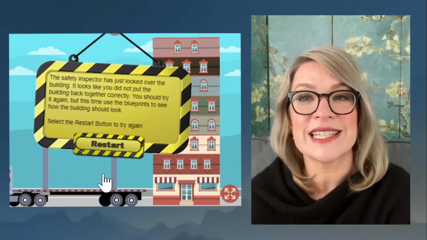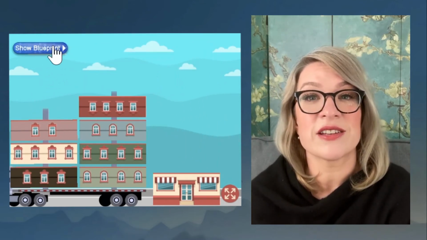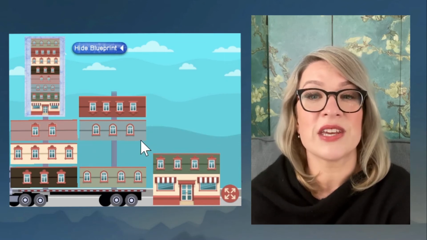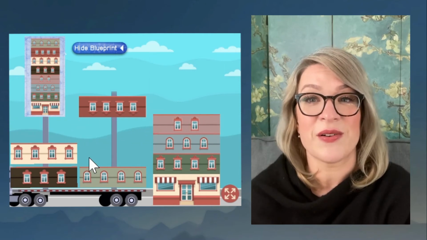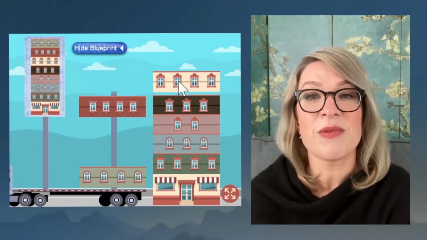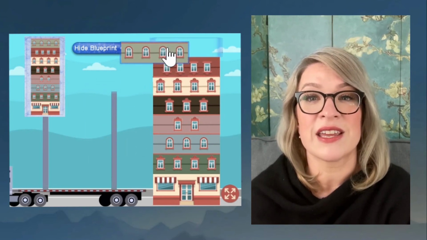Then go back and do the activity again, but this time allow the blueprint to be visible the entire time. Point out how using the blueprints not only increases success and efficiency, but also decreases the stress involved. The main point here is that planful problem solving is much more effective than operating impulsively or emotionally without thinking